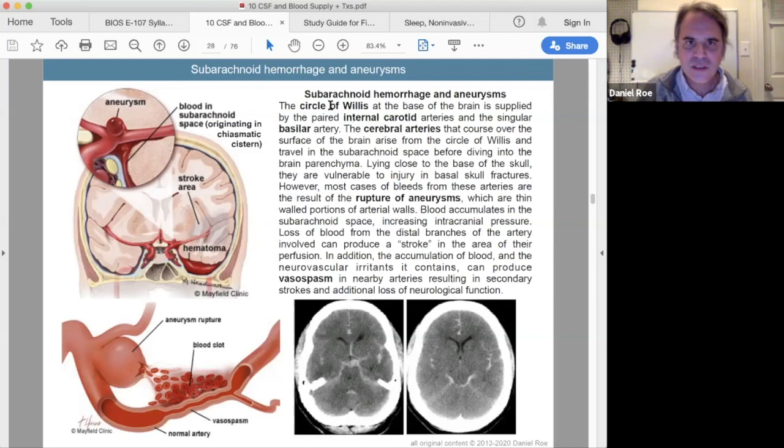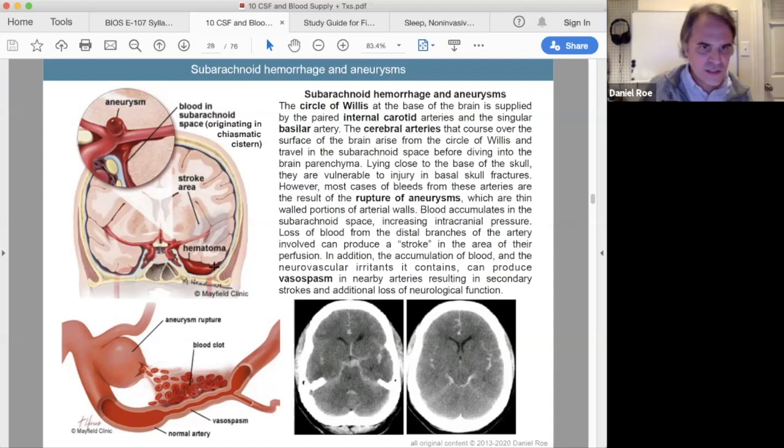You know, the circle of Willis is at the base of the brain. It's supplied by the internal carotid arteries and the basilar artery, which is supplied by the vertebral arteries. So the cerebral arteries course over the surface of the brain. Sometimes they form aneurysms, and they're in the subarachnoid space. And, you know, you can have ruptured aneurysms,